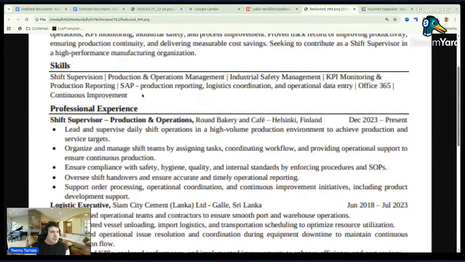Skills: shift supervision, production operation management, industrial safety monitoring, corporate data entry, office, continuous improvement. But then again, where are we targeting? And this is more a bit like a list.